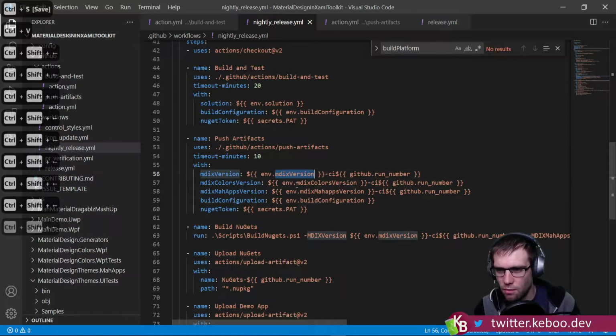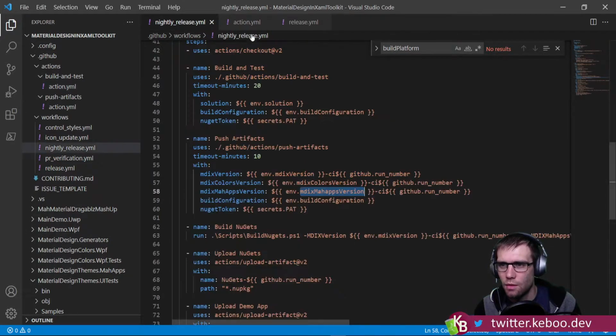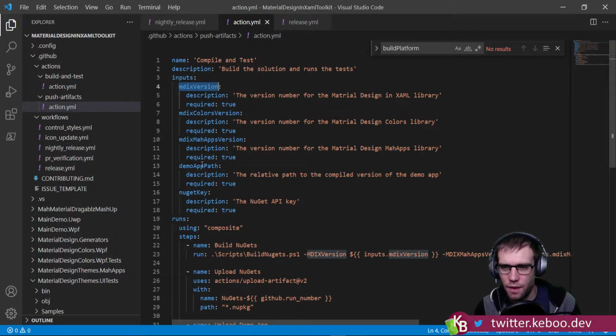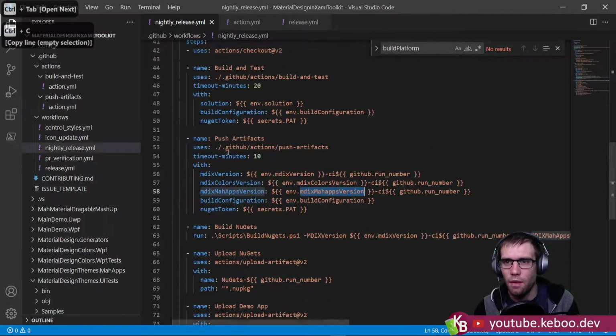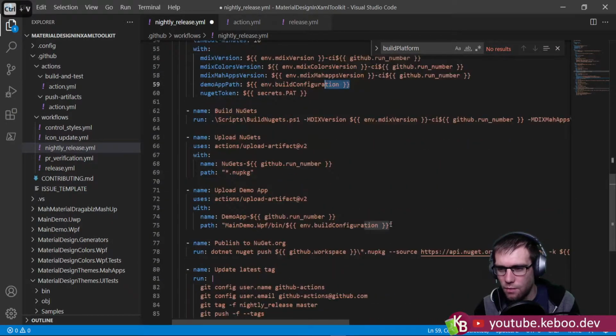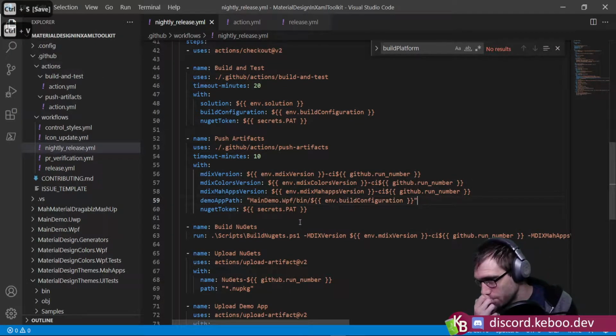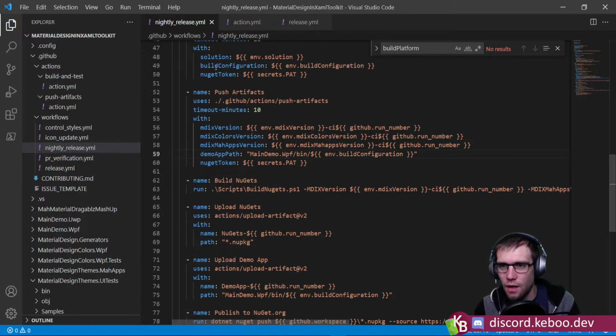Okay, so main colors, my apps, great. Don't want you anymore. I want this demo app path. Okay. We're going to do demo app path, and this is going to be this bit here. We'll put that there. Okay, and then